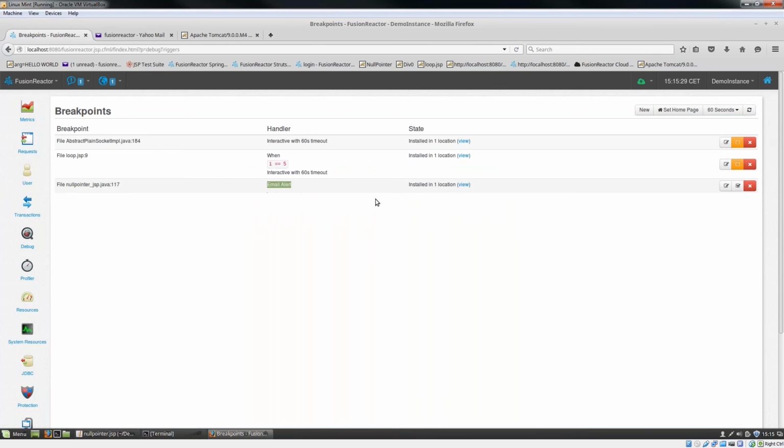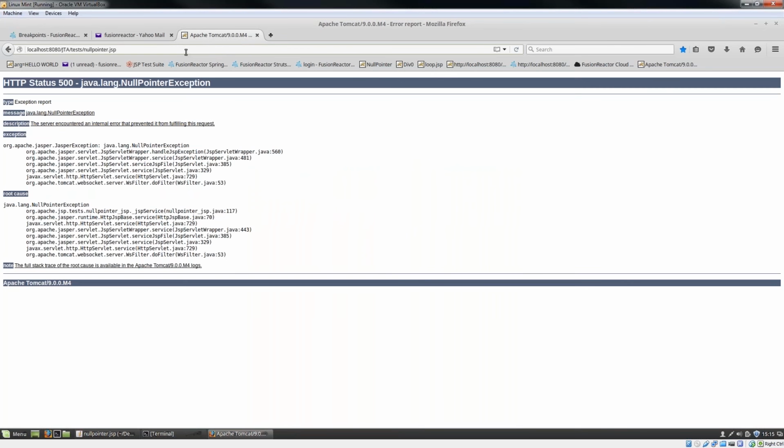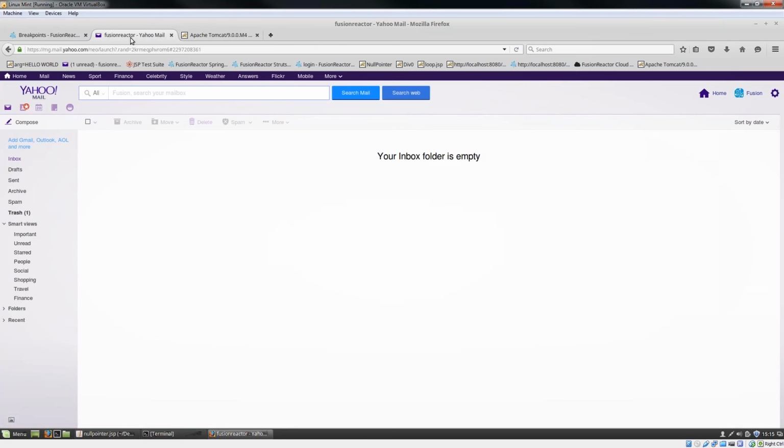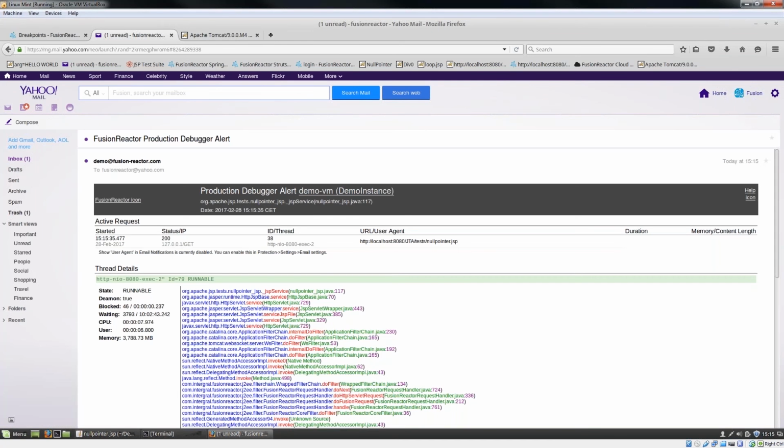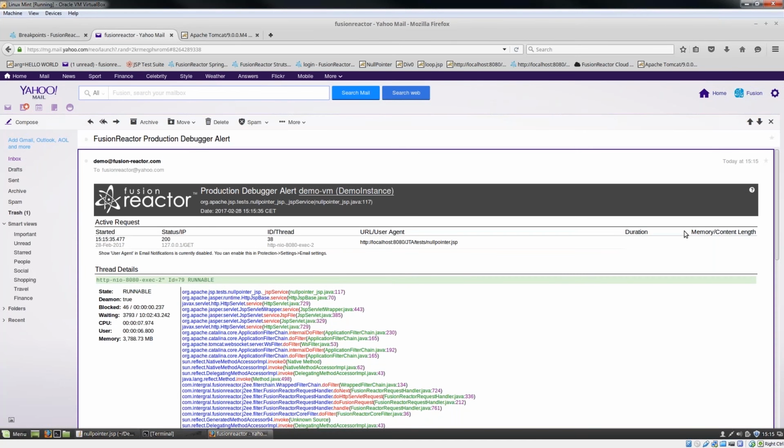Let's confirm that. I've already got a breakpoint here, that's not a problem. I'm just going to update that, and you can see this is my breakpoint, and I'm going to send an email alert. If I go back here and run this once again, that runs. If I go into my email and click my inbox, you can see I've just now received an email from FusionReactor. There's a FusionReactor Production Debugger alert, and if I click on that, I see all the